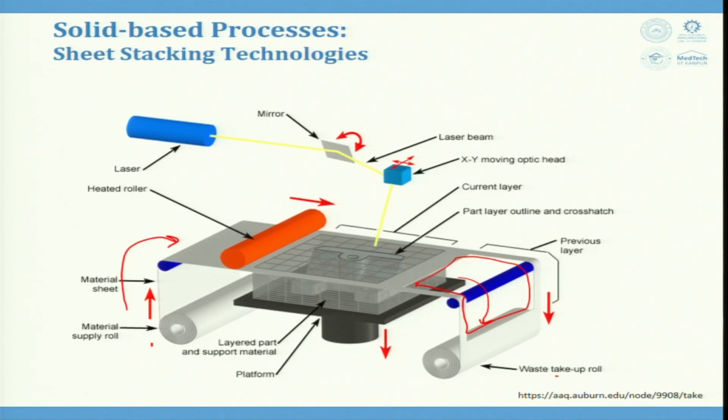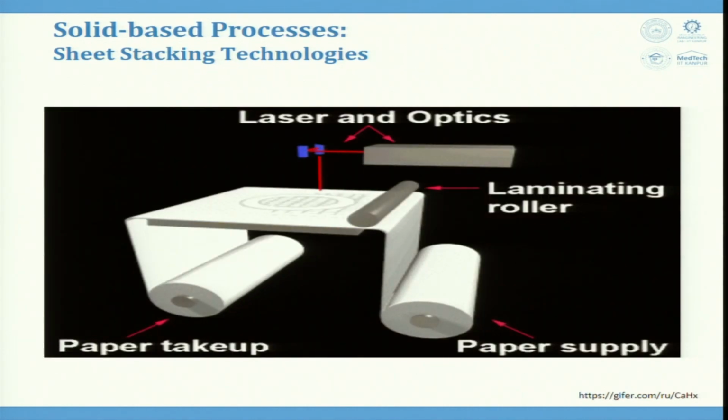So, the waste take-up roll is here, which takes the waste out, and there is a platform that is coming down as and when the component is being manufactured. This is the component you can see inside that is being manufactured using the sheet stacking technology. Let us try to see this as well. You can see